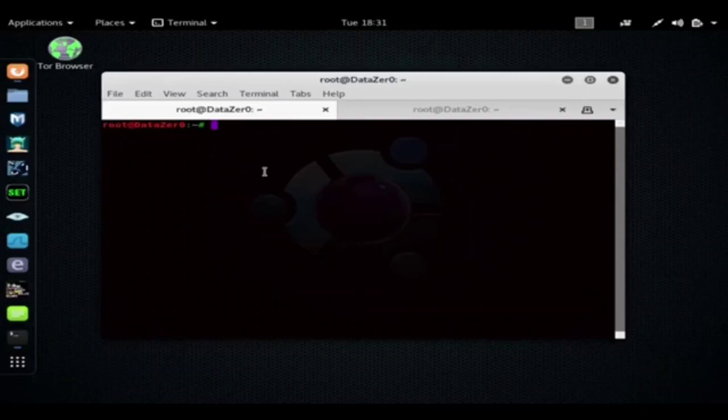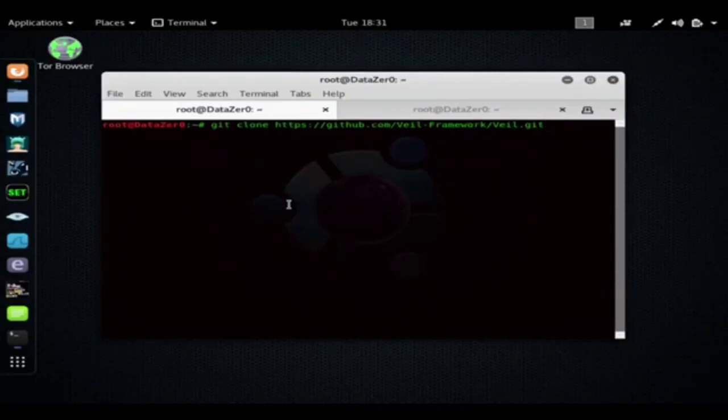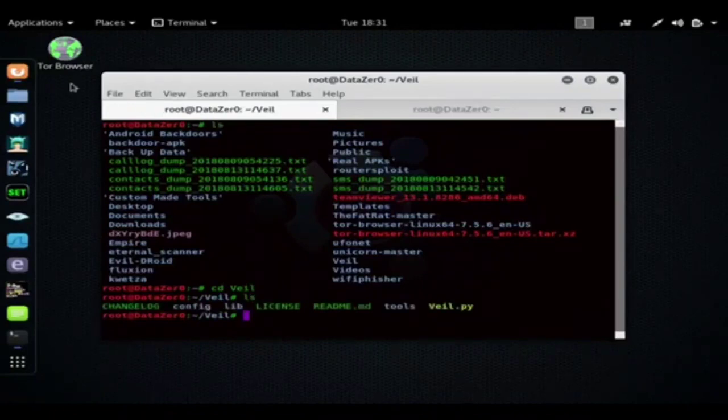Now here's the actual process of getting the application onto your computer. So git clone, paste the link, and press enter. Now I'm not going to do that. It's not a very long file, but I already have done it, so that's why I'm not going to do that. Once you've successfully done that, hit ls, and you should have a folder that says Veil. So cd Veil, hit ls, and once you're in here, you need to go back to the GitHub page,